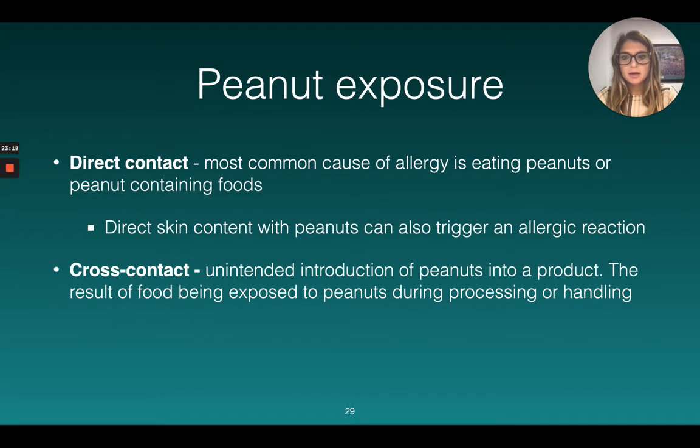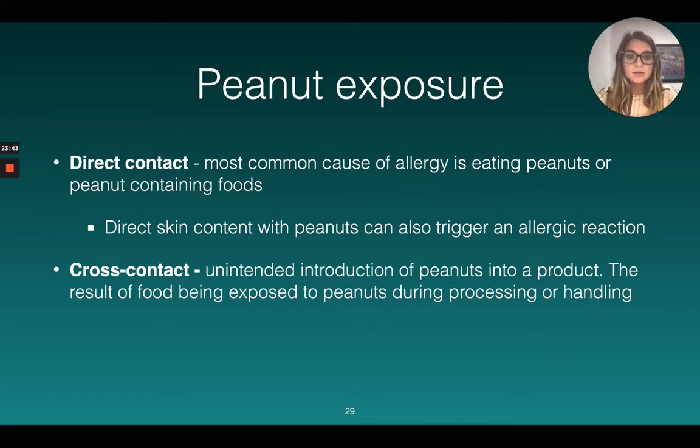The next possible exposure is cross-contact, so an unintended introduction of peanuts into a product. And this can happen in a variety of ways, but basically that food item is being exposed to peanuts during processing or handling. So during production, if peanut oil or ground up peanuts or peanut butter somehow makes its way into a dish